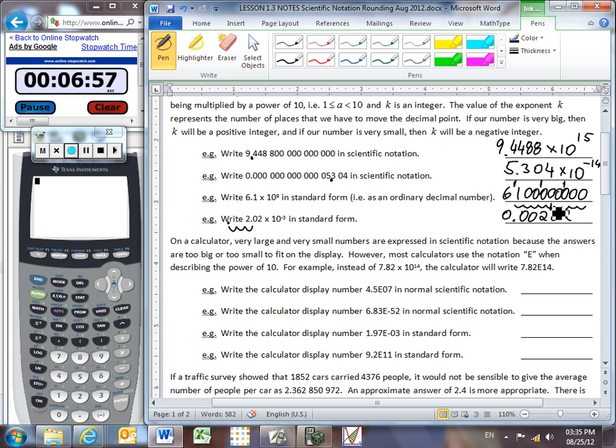On a calculator, very large and very small numbers are expressed in scientific notation because the answers are too big or too small to fit on the display. Imagine your calculator doesn't have enough digits to give this full number. Let's just demonstrate this. So I'll type in